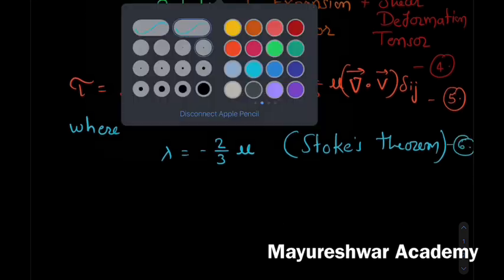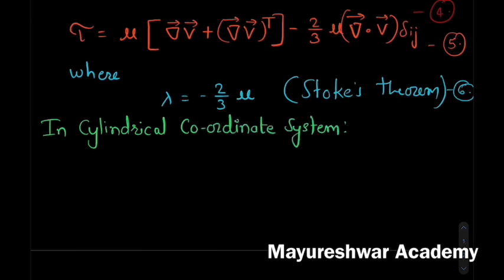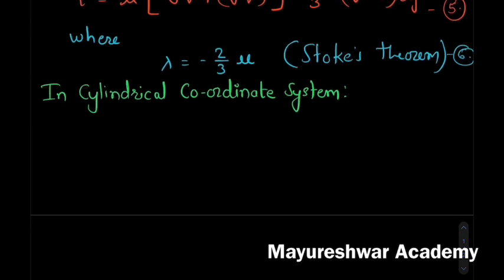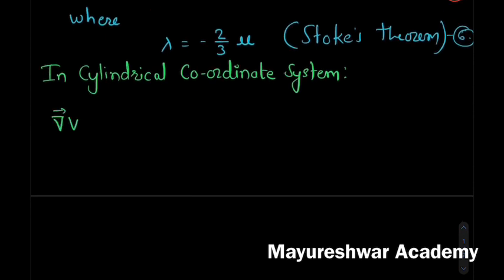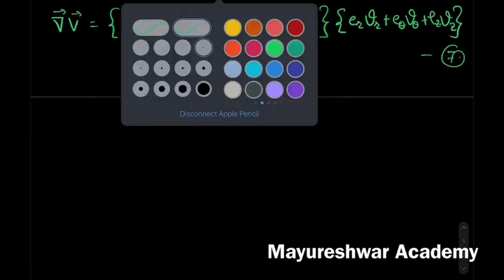So now let us try to deduce all the terms of shear stress in the cylindrical coordinate system. So let us write down del bar v bar, how we can obtain that. This entity del bar, we know that it is er partial over partial r, e theta 1 over r partial over partial theta, ez partial over partial z, and it is operating on er vr plus e theta v theta plus ez vz, which is the velocity in the cylindrical coordinate system.